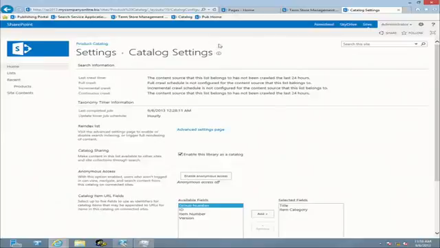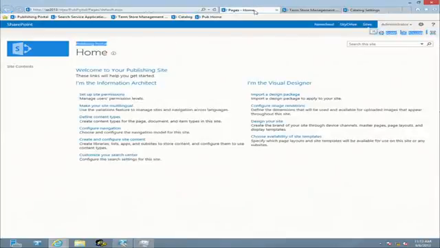Now what I want to do is switch across to the publishing side of things. Your product catalog can be anywhere in your organization. For example, this could be sitting smack bang in the middle of the marketing site collection. So the marketing guys can go in there, they can manage their products, they can